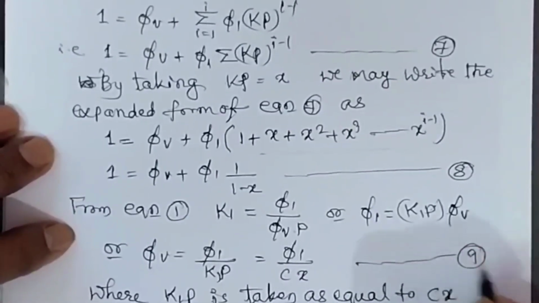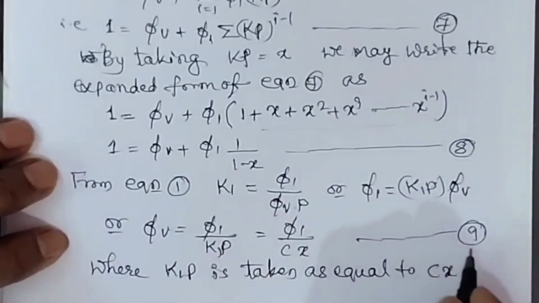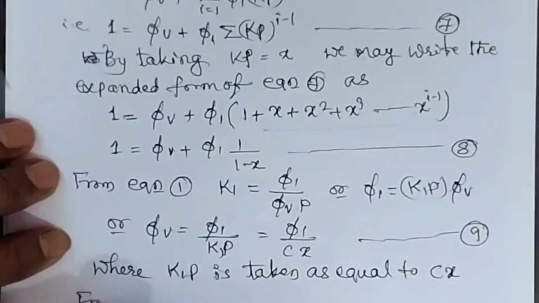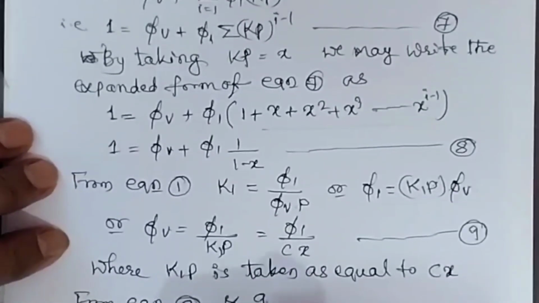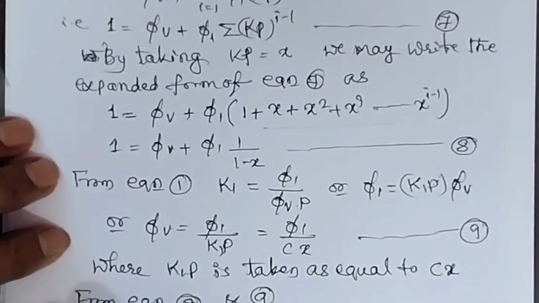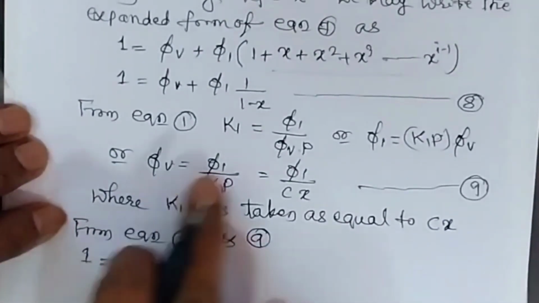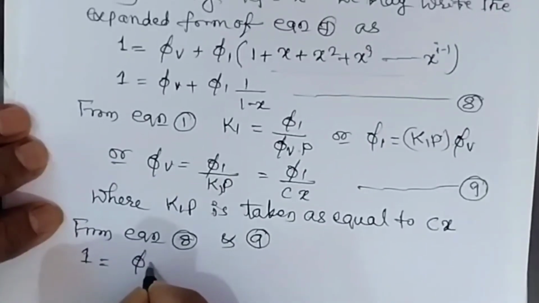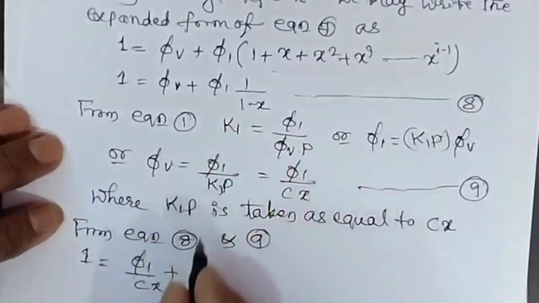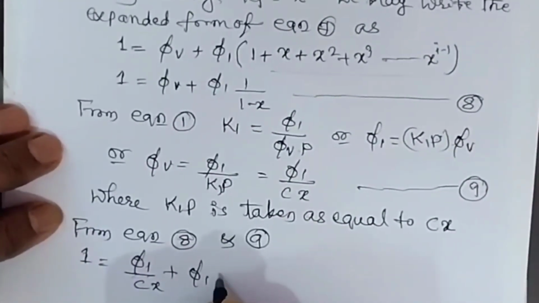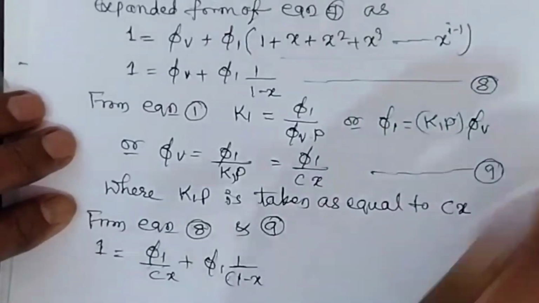Suppose this is equation 9. Now from equation 8 and 9, that is 1 equal to pi v equal to pi 1 divided by cx plus pi 1 into bracket 1 minus 1 divided by 1 minus x. It may be taken as equal to